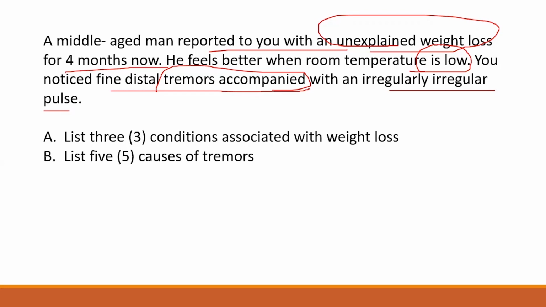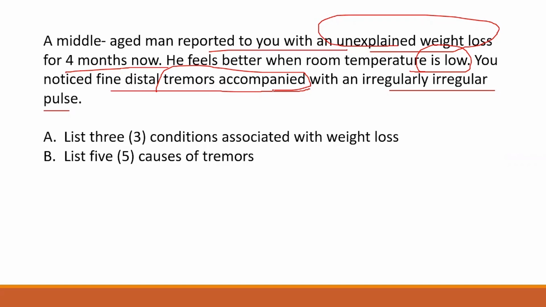Now give 5 causes of tremors. Over here, you can think of multiple sclerosis, stroke, brain injury or traumatic brain injury, Parkinson's disease, alcohol abuse or withdrawal, hyperthyroidism, mercury poisoning, liver or kidney failure,